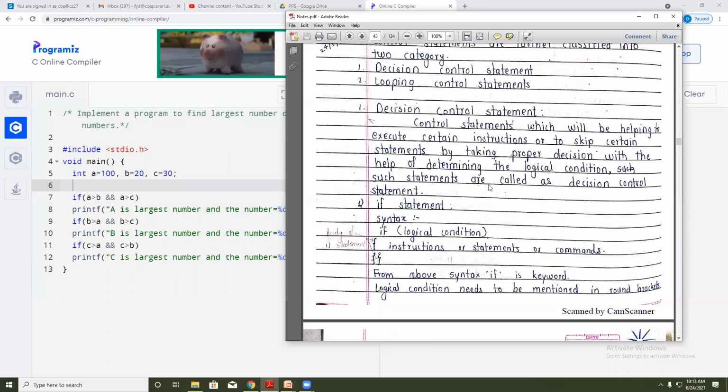Such statements are called decision control statements. I will repeat again: control statements which help to execute certain instructions or to skip certain statements by taking proper decisions with the help of determining a logical condition.